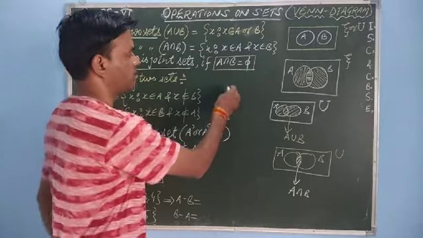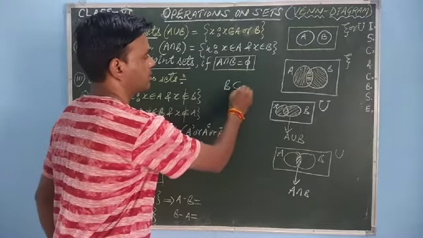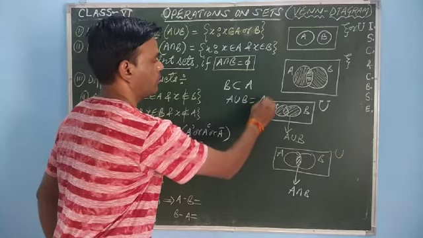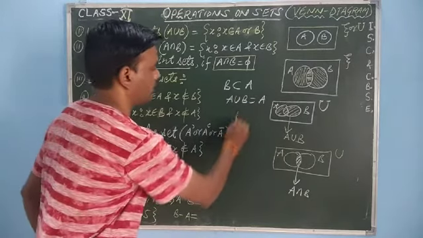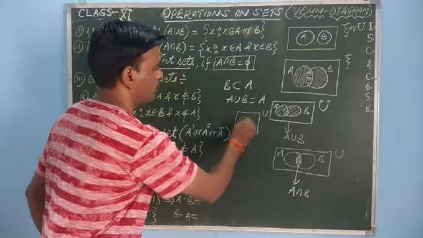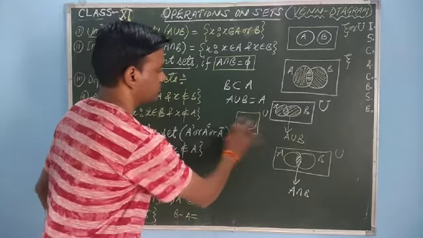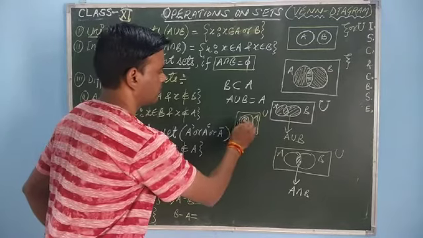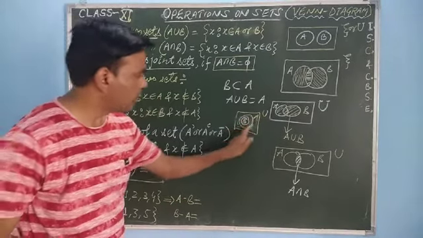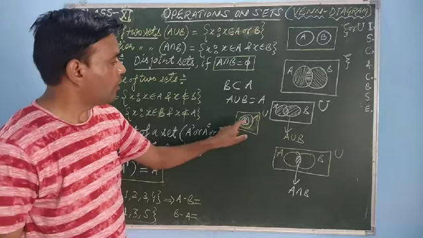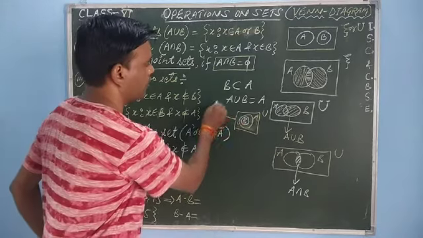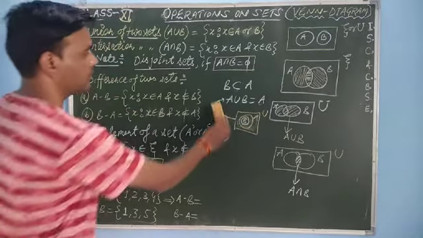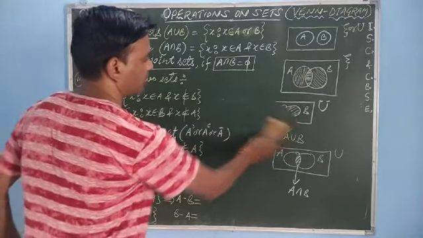And one more thing is there. Suppose B is a subset of A, then A union B is always equal to A, because if we understand this by a geometrical figure, just like this, U, A and B. Okay, sorry, suppose this is A and inside this is B. So A union B will be all the elements belonging to A or B or both. Already B is within A, so A union B will be equal to A, because B is a subset of A in this diagram. Okay, so these are the basic things you have to keep in your mind.